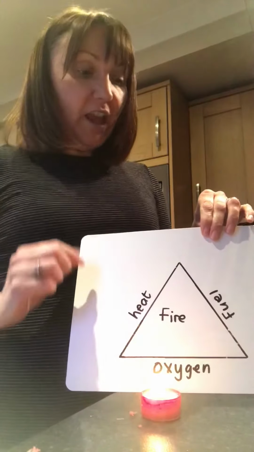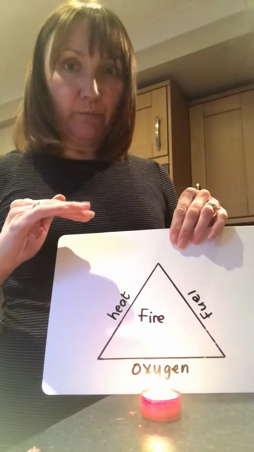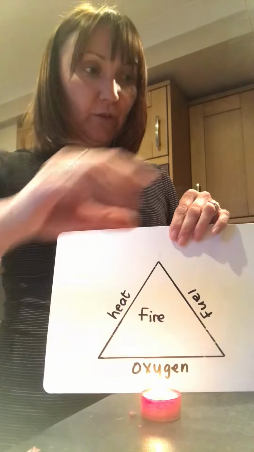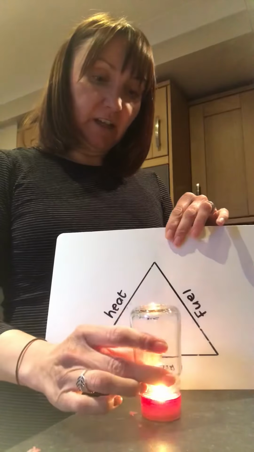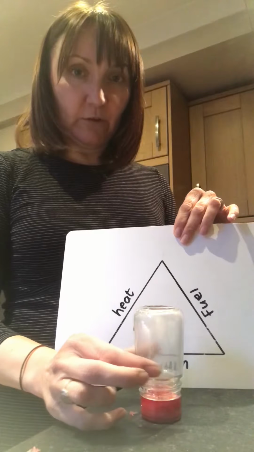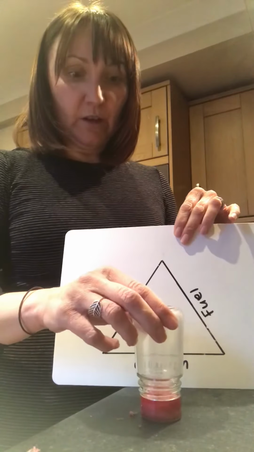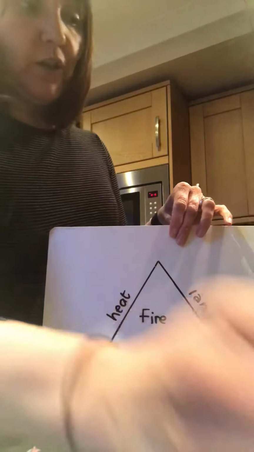So if we remove any one of these three elements of the fire triangle, we will lose our fire. The fire will go out. So to show that, I am just going to cover this up with a glass. So we're basically eliminating oxygen, and the fire goes out. Makes sense. Okay, so just to take this a step further, what I'm going to do,